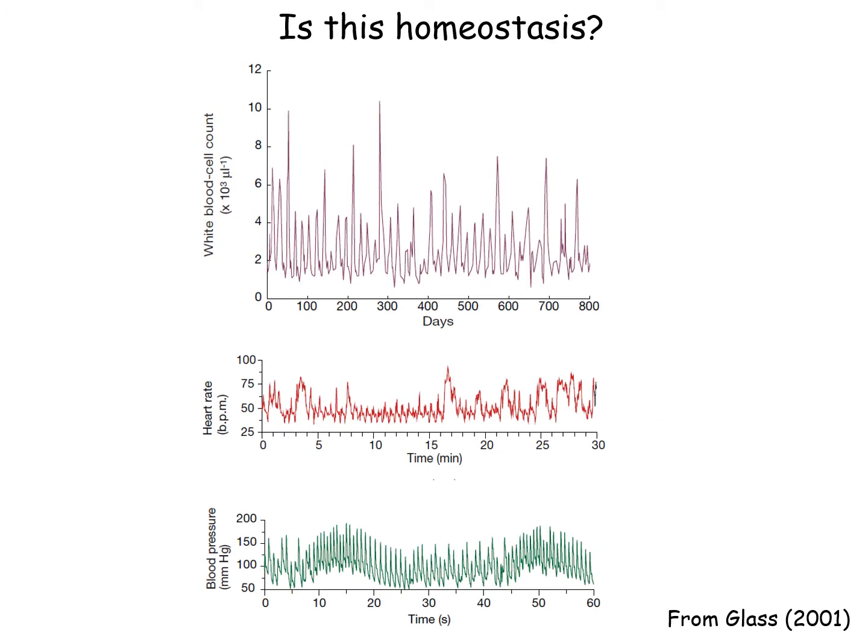Does this look like homeostasis? Does this look like a body resting without any sort of external input? Nothing's really changed, but we can see in our white blood cell count over 800 days, it's constantly changing. Same thing with our heart rate over time. This heart rate is taken from somebody we consider to be a healthy, normal functioning person, but even their heart rate is changing little bits over time. Even our blood pressure, we can see, is almost like a sine wave, okay?